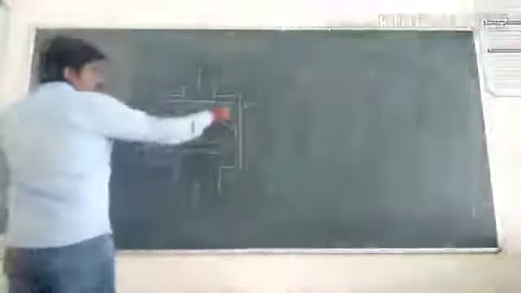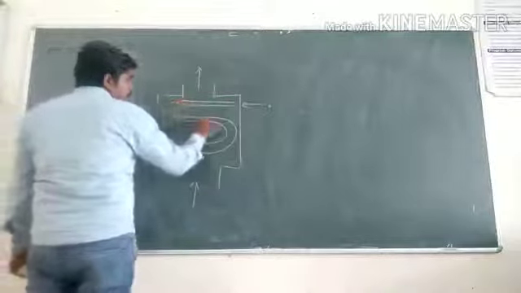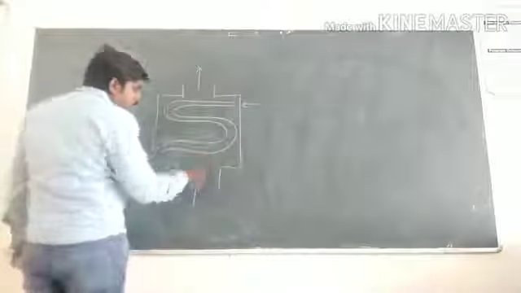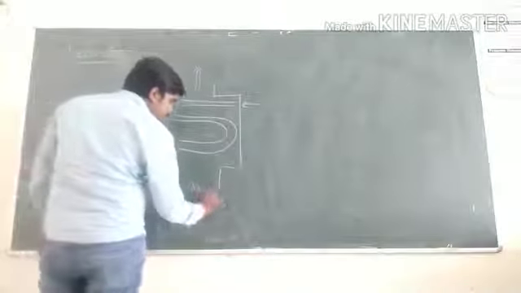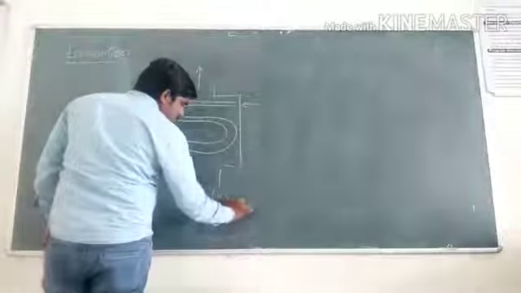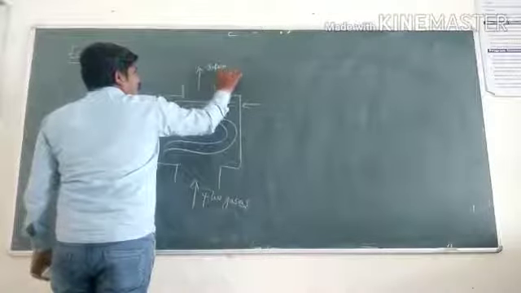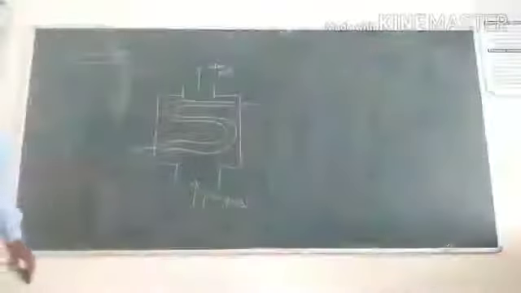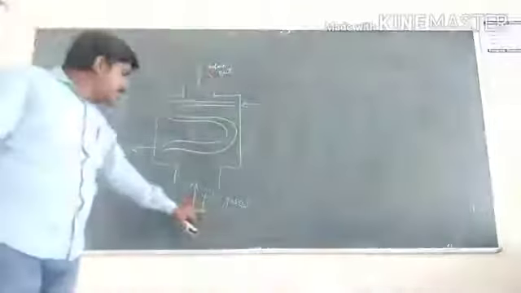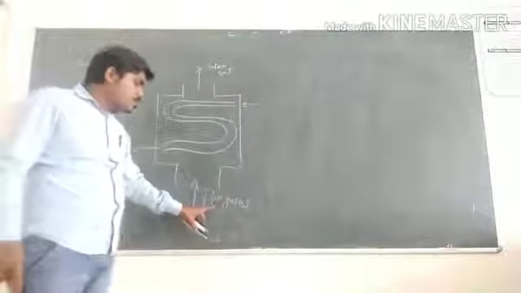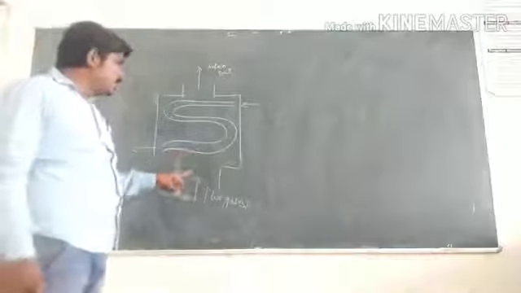Basically, the economizer is used like this: I have water contained in it, and water is flowing through it. I am heating this water with the help of flue gases, which are taken in from this end and taken out at the other. Like our superheater, I am using the flue gases temperature for heating the water inside this tube.